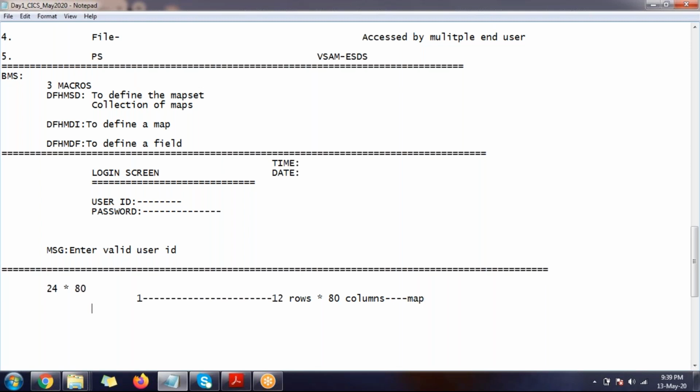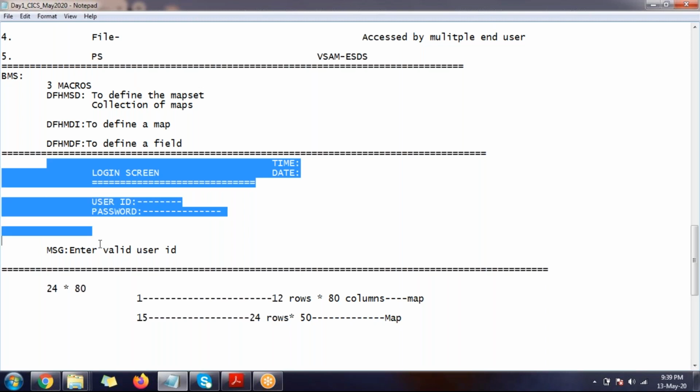I can define one map. Another from 13 or 15 till 24 rows and 80 columns, or 60, up to you. How many columns you want to use in each row is up to us, there is no restriction at all. We can define another map. So in a single screen, I can define two different maps.